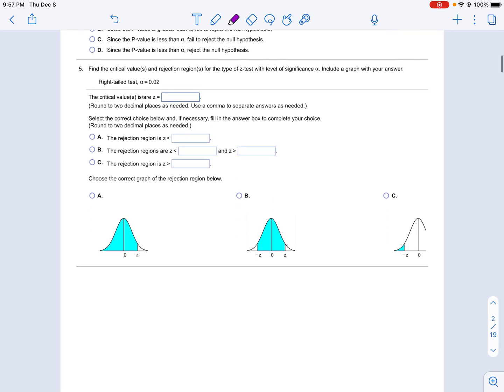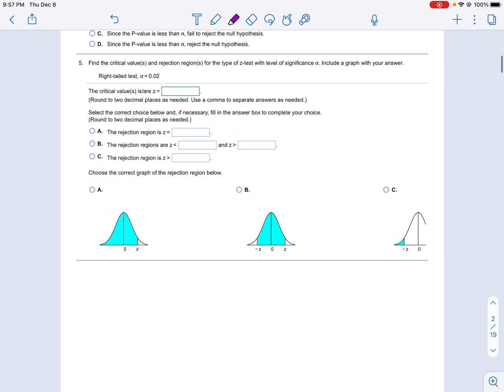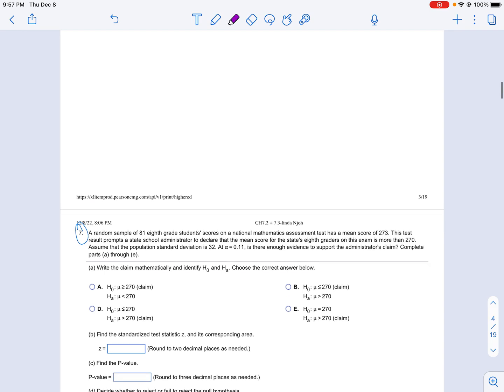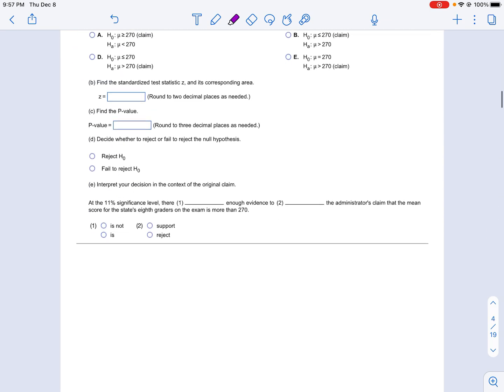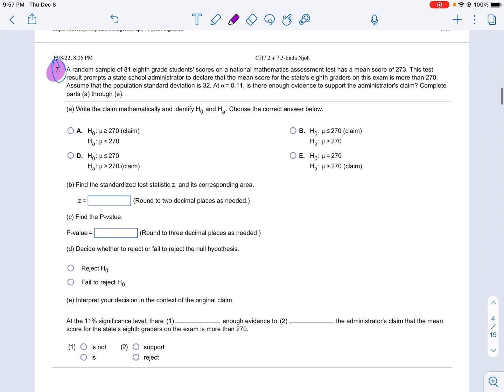Number 4, you can do it on your own. Number 5, you can do it on your own. Number 6, let me see if I can do something else that's close to that 6. Let's do 7. A random sample of 81 National Mathematics Assessment Test with a mean score